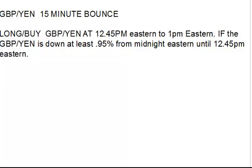Going back to the yearly stats, 2009 was 25 wins, 17 losses. So not a great year. It was profitable, but not great. 2010 was 19 wins and 6 losses, so a very profitable year. 2011 was 13 wins, 3 losses. So again, a very profitable year, with fewer trades. In 2012, 8 wins and only one loss. So very profitable year, but again, the number of trades has gone down, and really there haven't been many trades since mid